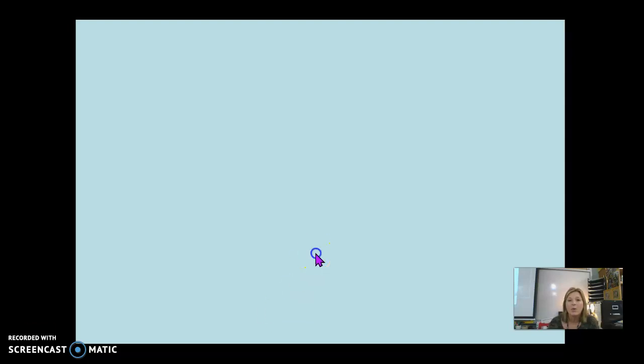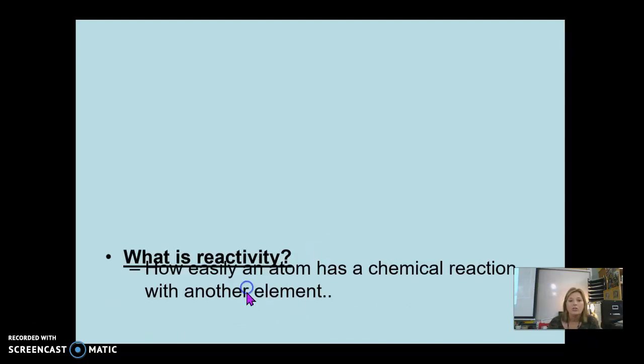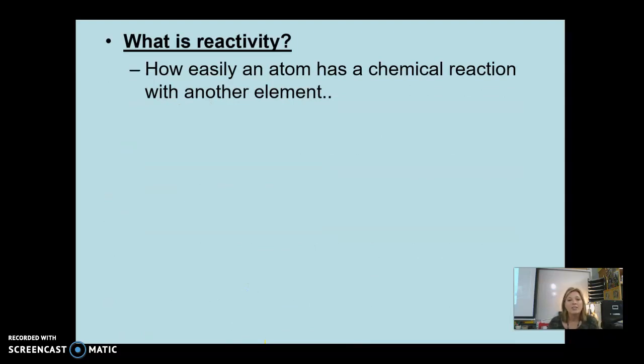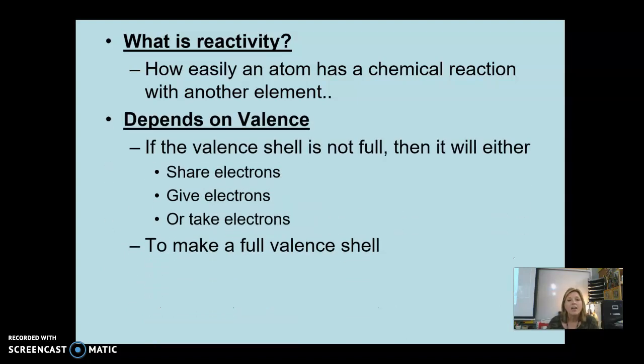So let's talk about what reactivity is. So the first thing is, reactivity is how easy an atom has a chemical reaction with another element. There's some atoms that are just very reactive and some that are not reactive at all. And that all depends on something we're going to call valence electrons. So we're going to talk about the valence shell of an